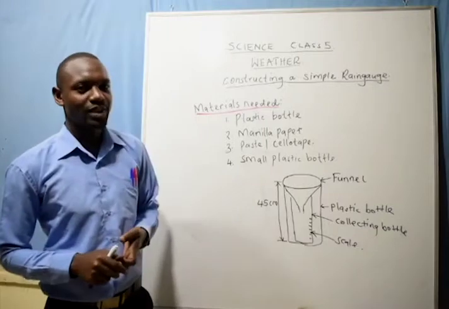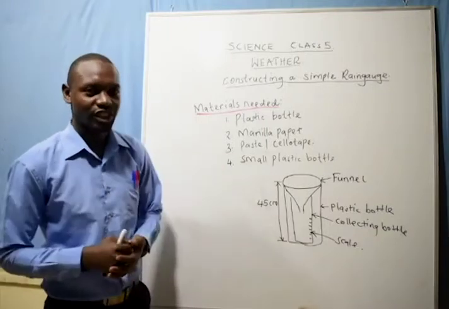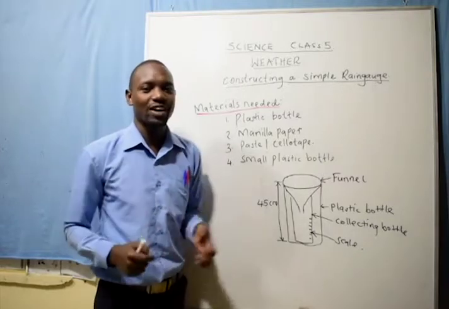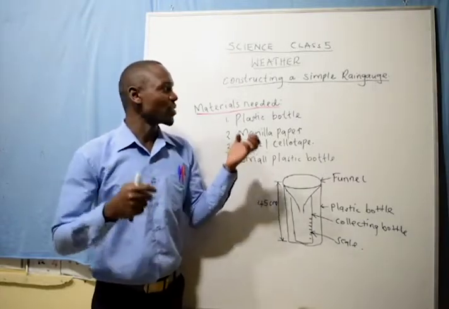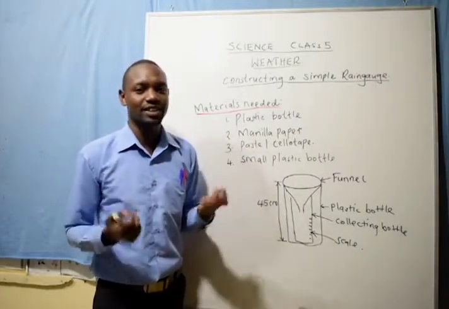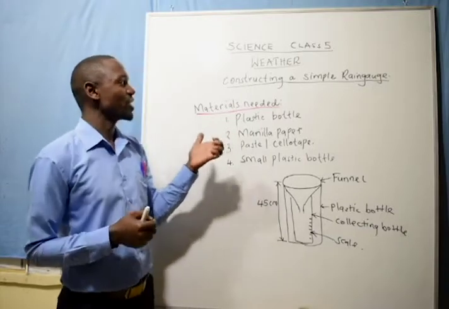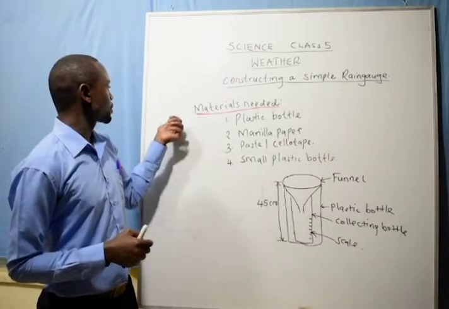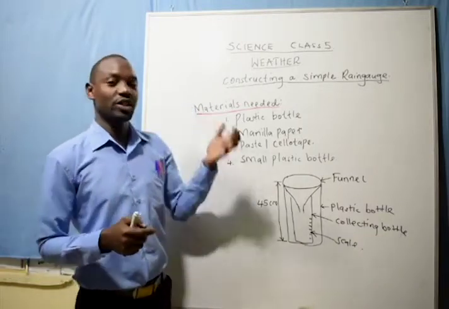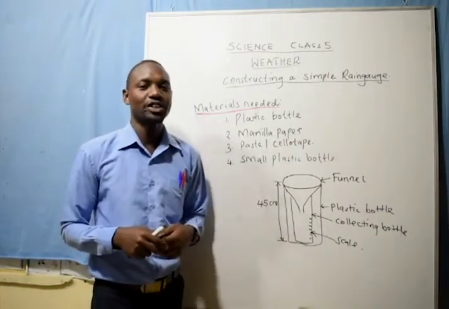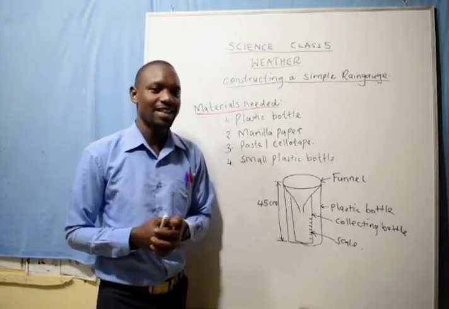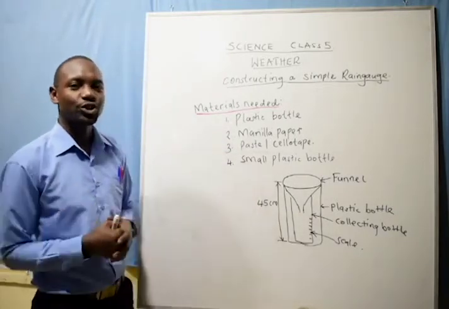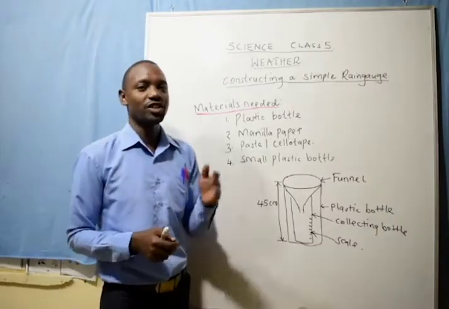The different weather instruments, we said, are found in a weather station, whereby we say a weather station is a place where recording and measuring of weather elements or weather aspects takes place, where the recording of daily changes of the weather takes place. So, weather instruments, we said we have a rain gauge, which measures rain in millimeters. We said we have a wind vane, which shows the direction from which the wind is blowing,